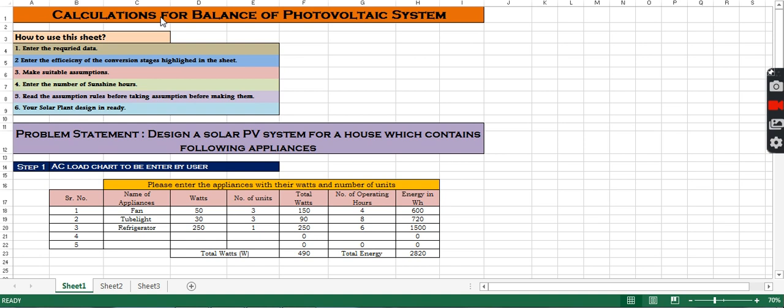Today we are going to discuss the calculations of a balance of photovoltaic system. This sheet comprises a ready-made design of a solar PV system. In that case, the user has to enter the load pattern. The load pattern comprises the type of the load, its voltage capacity, the number of units of such load used in the home,